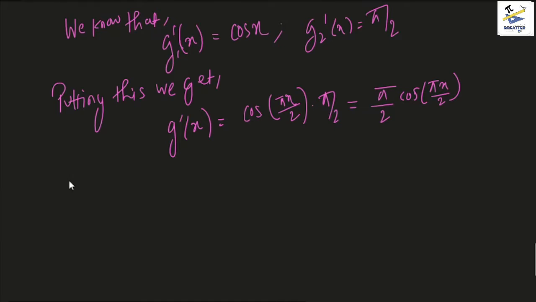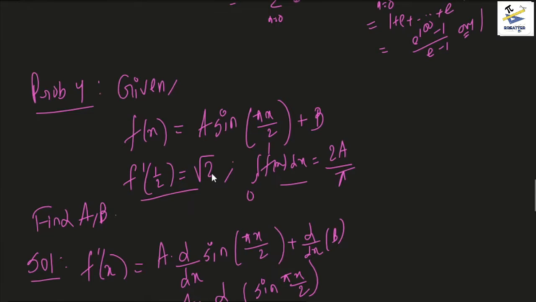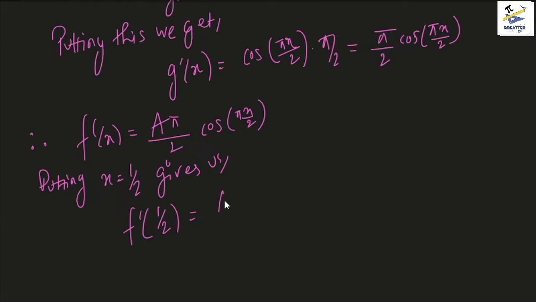So we see that f dashed x then becomes a into pi by 2 into cosine of pi x by 2. So we go back to the problem to see what was given. It's f dashed of half equals root 2. So let us put root 2. Putting x equals 1 by 2 gives us f dashed of 1 by 2 equals a pi by 2 into cosine of pi by 4, which is